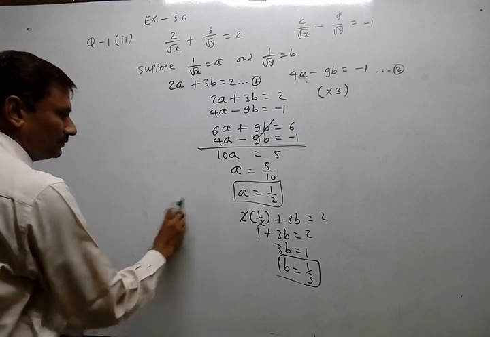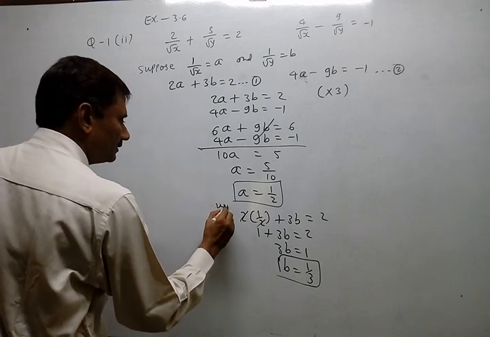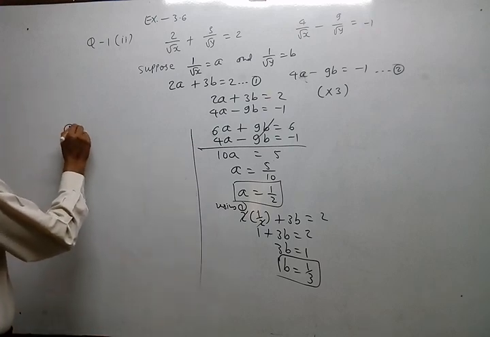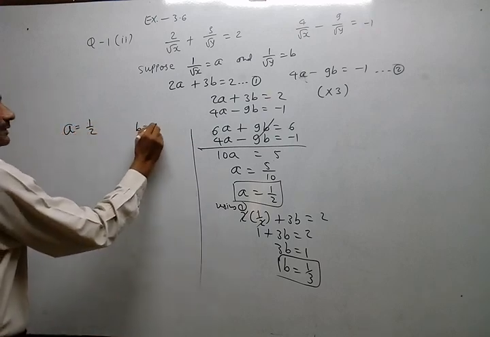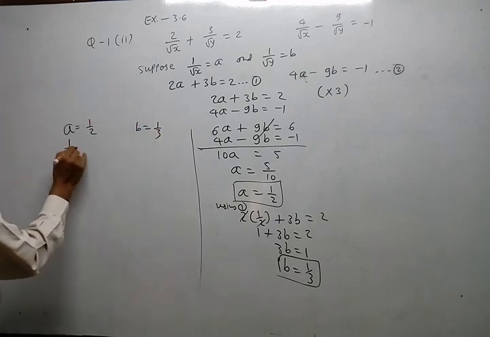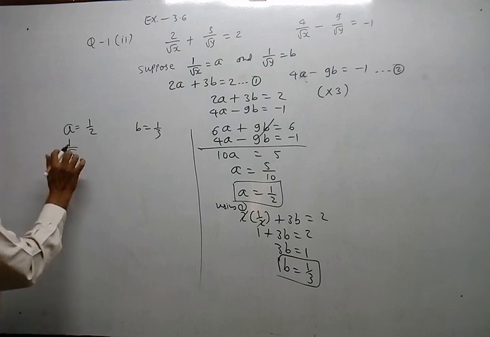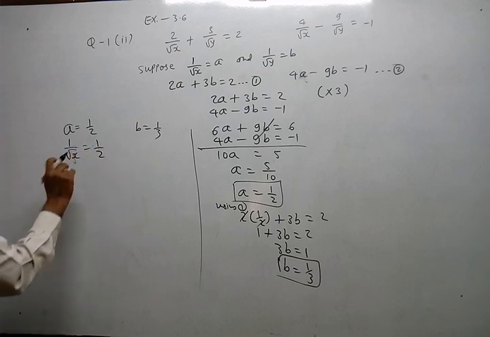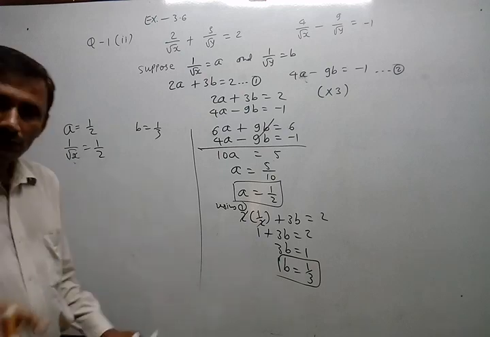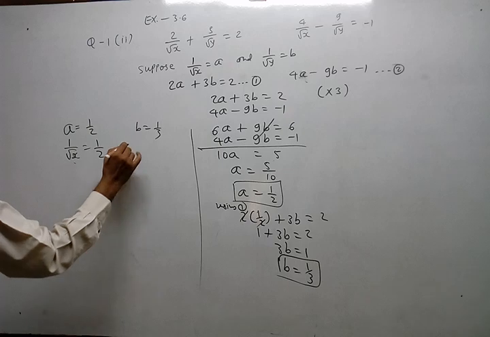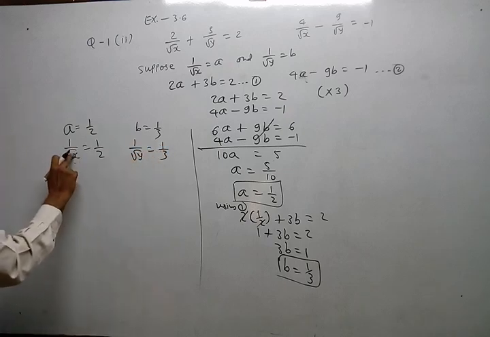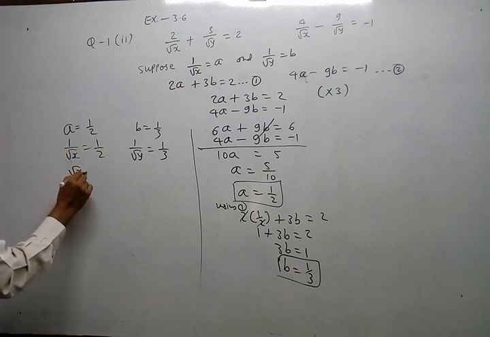So now I write here that a equal to 1 by 2, b equal to 1 by 3. You just continue from here only. Now instead of a, write down whatever is actually given there. a is actually in place of 1 by root x. So again write down whatever was originally given, and now write down 1 by root y. Now just invert both. So the inverse of this one is root x and is 2.